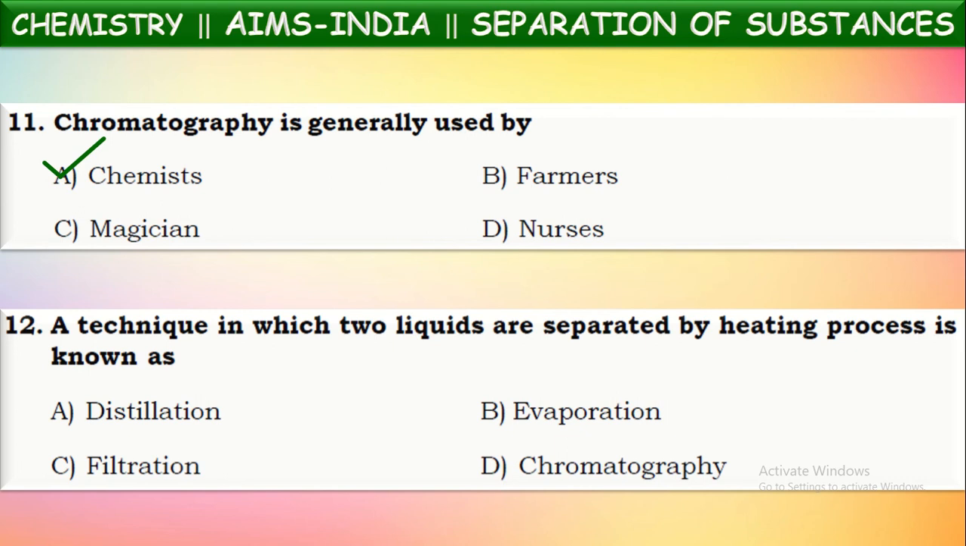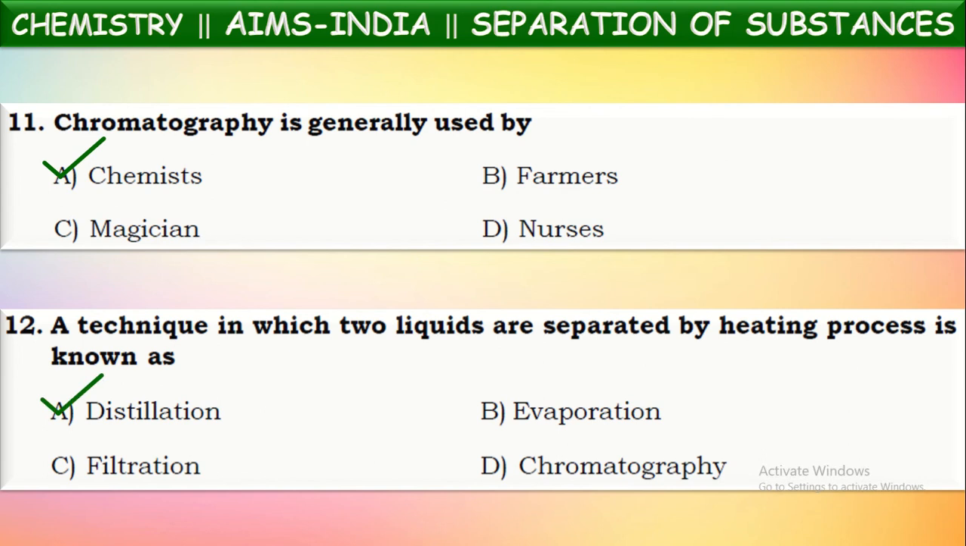A technique in which two liquids are separated by heating process is known as. So if a mixture contains two liquids which are mixed with each other, then by which technique can they be separated? Suppose we have a mixture of water and alcohol. How can we separate those two? By the process called